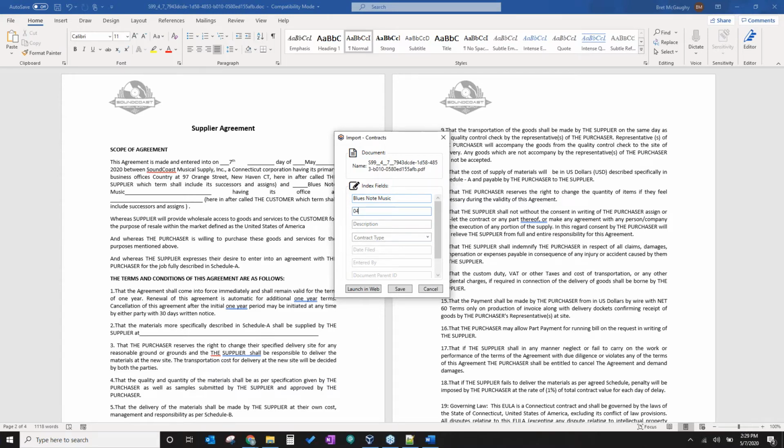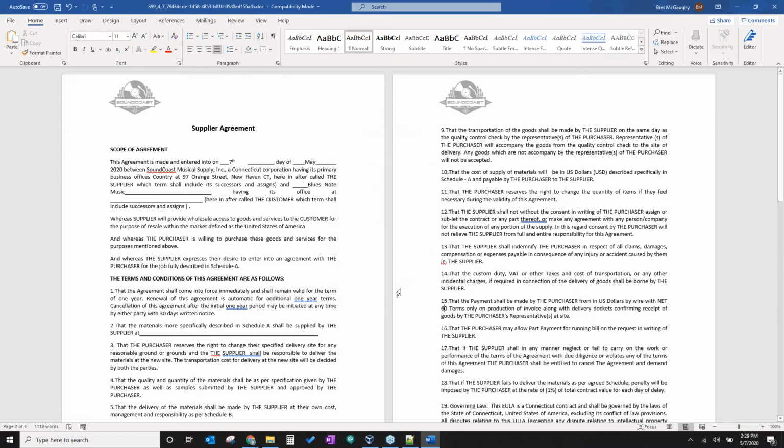Document date, I'll go with today's date. And I'm just going to call this supplier agreement revised 60, net 60. And this is an executed document.